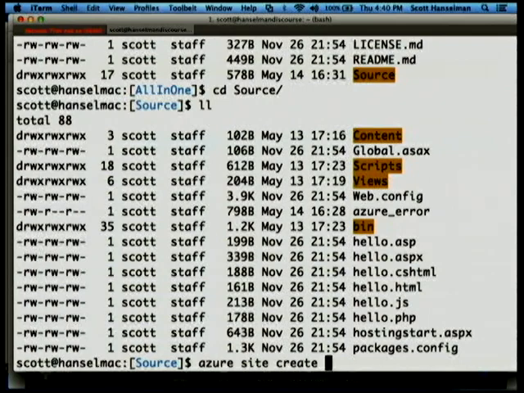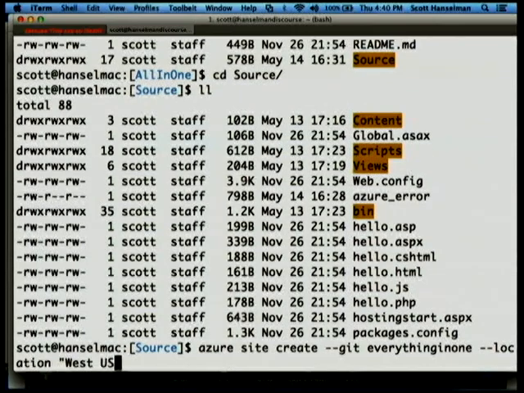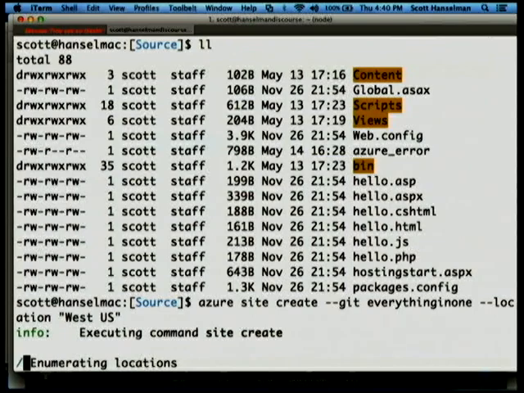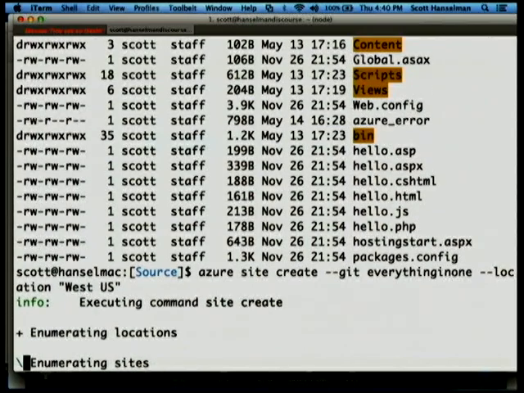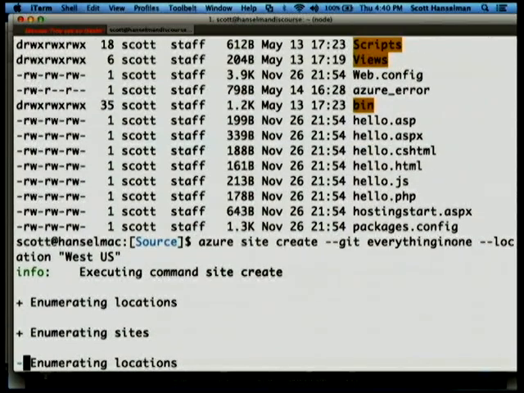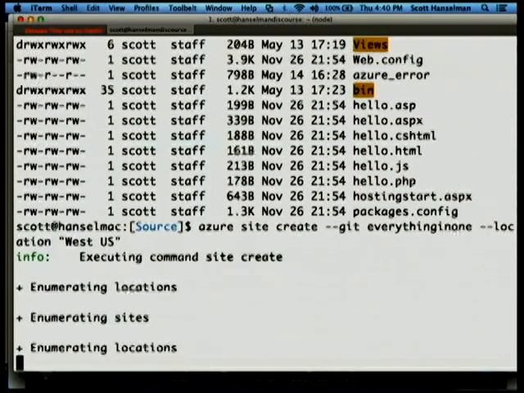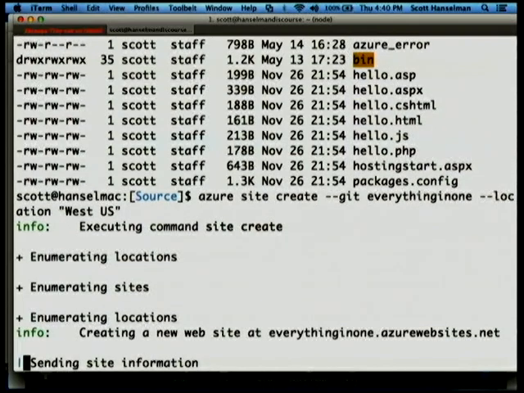Azure site create --git everything in one location, West US. This is Node, PHP, .NET, classic ASP just because I can, and a web API, all running in the exact same IIS instance. Because why the heck not, eh?